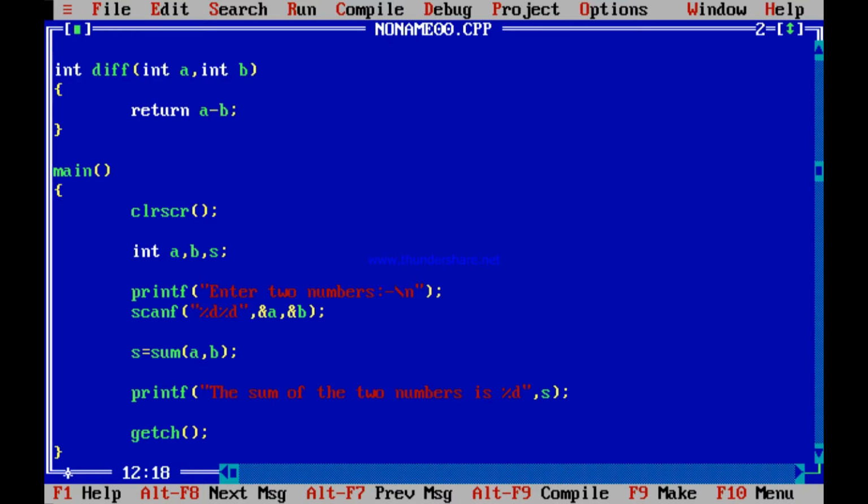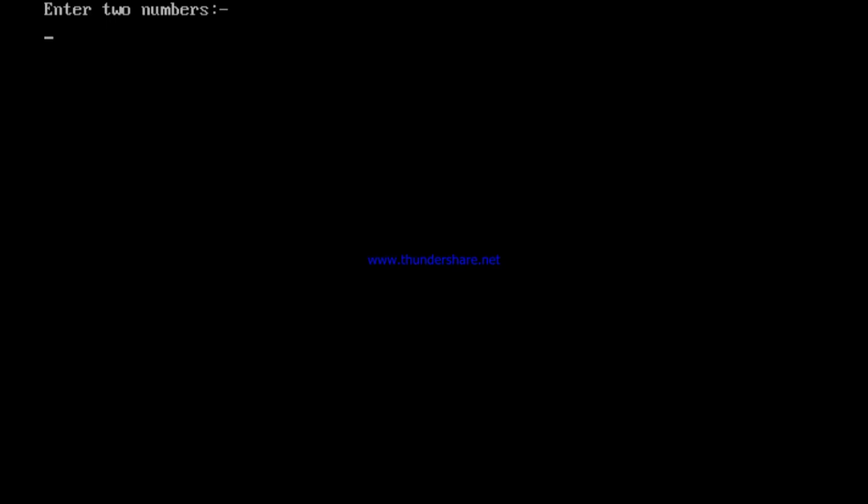In that case, you can write the difference of the two numbers is, but sum is not to be called. Instead, difference is to be called. You can receive it in a variable not s but d, meaningful. So instead of declaring s, you can declare d. The d variable receives the difference of a and b and prints the difference of the two numbers is d. So this program should also run fine, giving you the difference. 54 and 45 should give only 9.